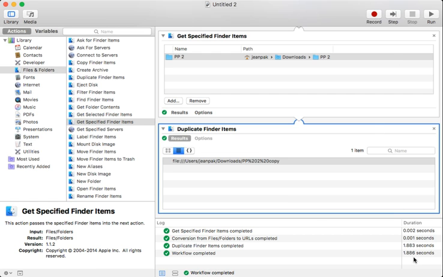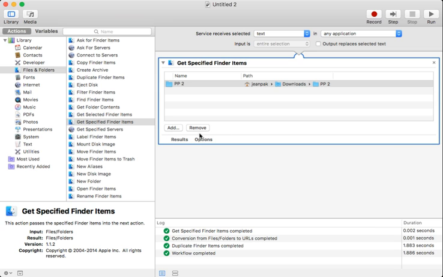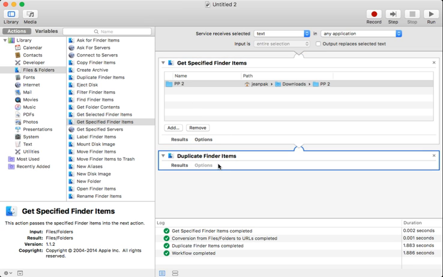And voila, it's taken 1.886 seconds. Awesome, right? Great, I think so too. And that's if I just wanted to duplicate it once. If I wanted to duplicate this folder 10 times, I would click on Options. Oh, let me remove this here. And I want to go back and click Duplicate. And in my results,